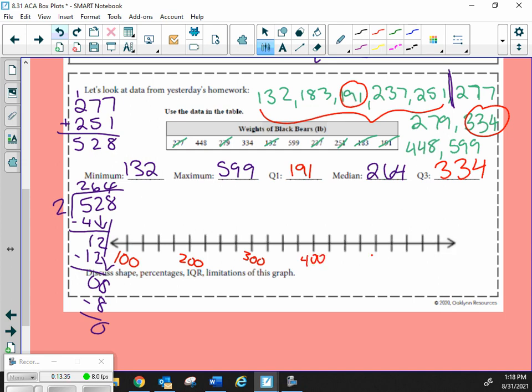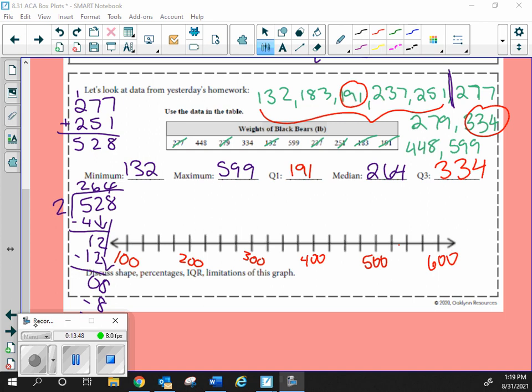I have a question. Yes, ma'am. So, what did you put at 132? We will, yes. I'm just making our number line. I haven't actually plotted it out, so just hold on to your seats. Yes, our first number will be 132, but I'm just putting numbers so I know where it's at. Hold on tight.